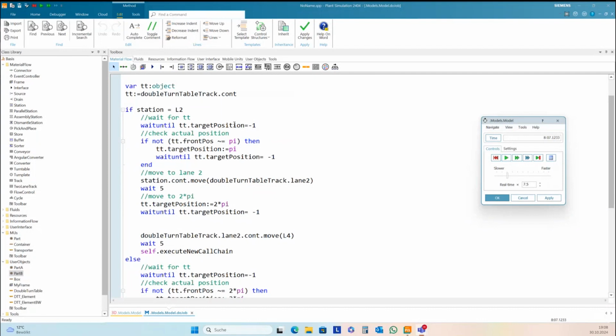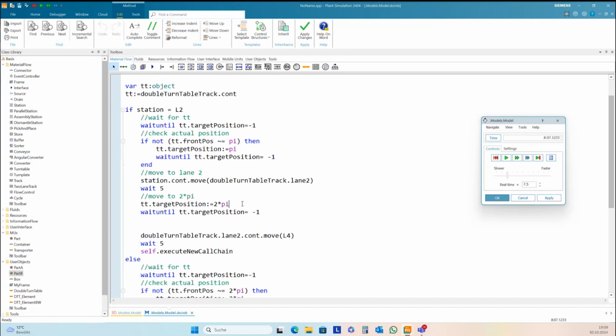There are only some lines. This is wait until. We wait for a target, that's the turntable doesn't move anymore. Then we check the actual position here. Otherwise, we need to wait until the target position is -1. If we're not on the position, we need to change the position. This is target position, and this is just moving the part to the right lane. We wait.